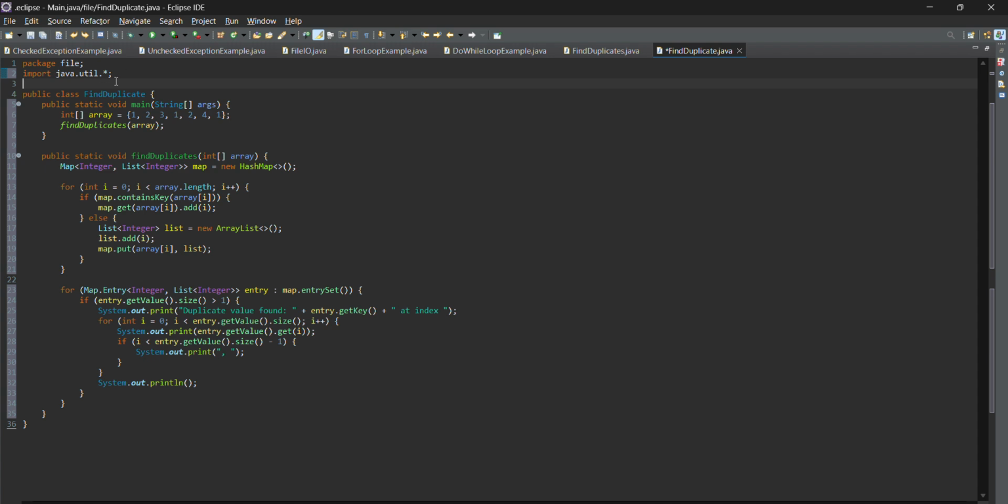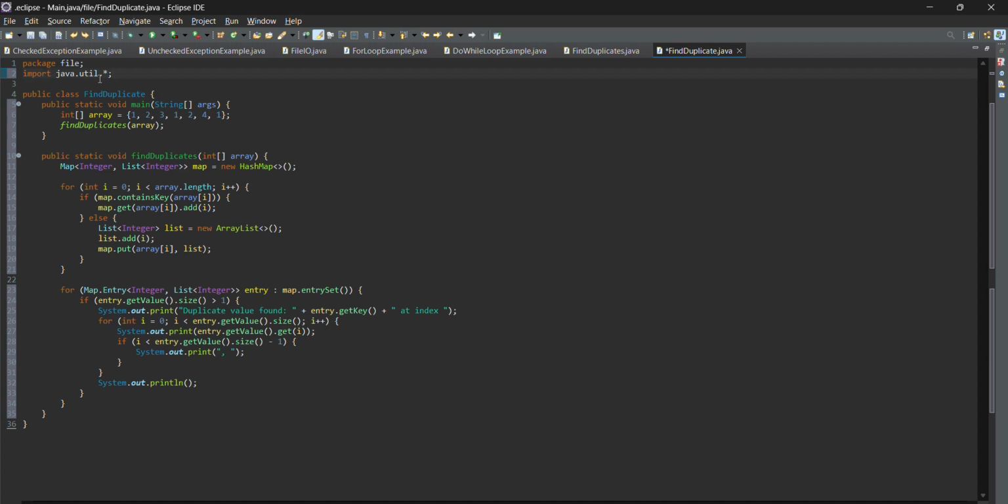Another one is import java.util.Scanner. Java.util imports classes from the java.util package. This package contains many useful classes for working with collections of data, including HashMap, ArrayList, List, Map, etc.